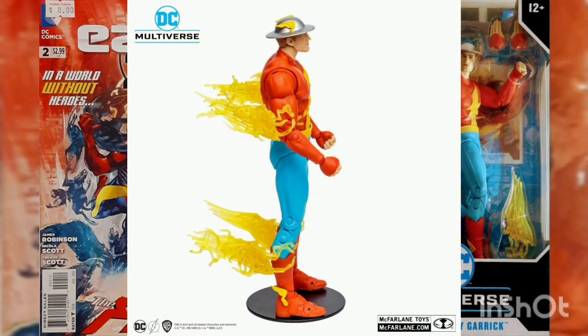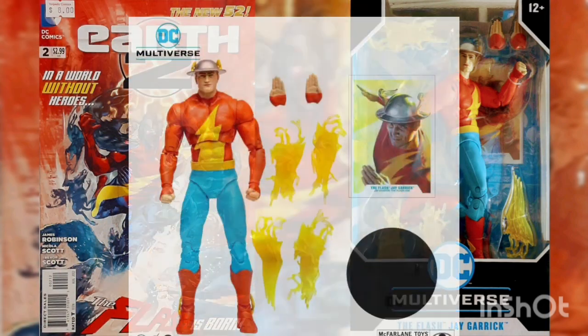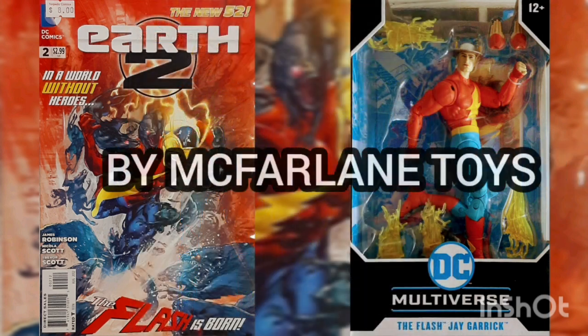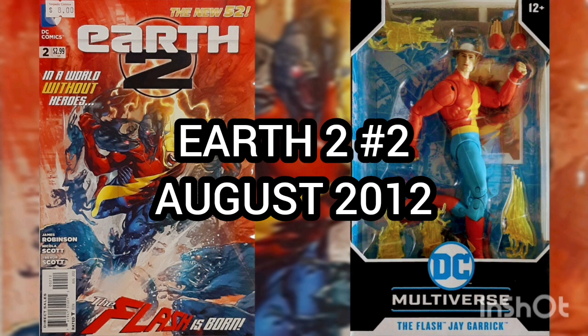This incredibly detailed, 7-inch scaled action figure is based off the DC multiverse of characters. Designed with ultra articulation with up to 22 moving parts for a full range of posing and play. Jay Garrick is featured in his look from the Jay Garrick The Flash Age comics. Figure comes with 4 attachable lightning effects, swappable hands, and base. Even includes a collectible art card with figure photo on front and the biography on the back. Released by McFarlane Toys. Now, the comic of the day is Earth 2, Volume 1, Issue Number 2, with a